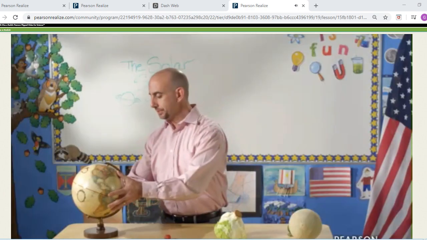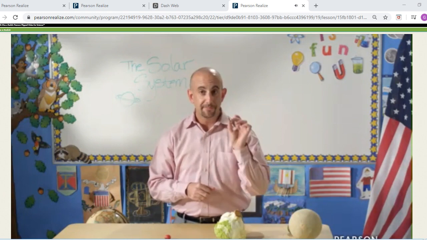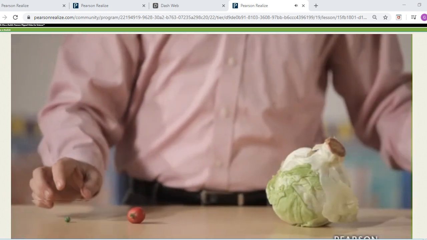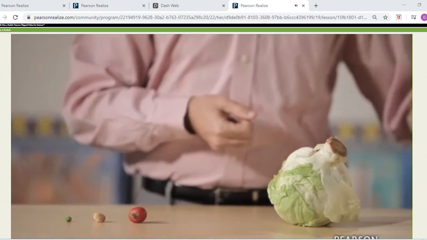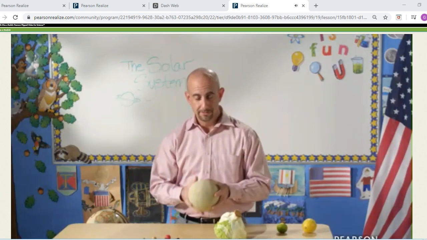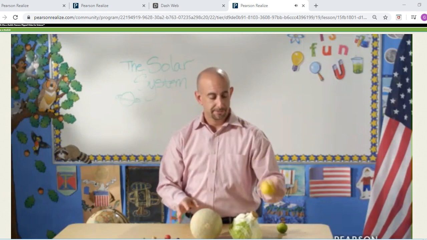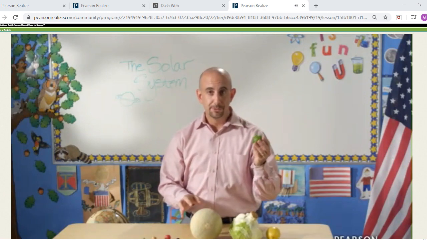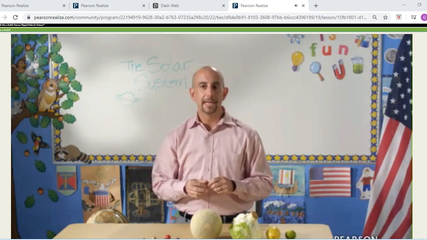Now let's take a look at these foods. Each food is a model of a planet in our solar system. Here we have Mercury, Venus, Earth, Mars, Jupiter, Saturn, Uranus, and Neptune. Now the purpose of this model is to show the size of the planets in relation to